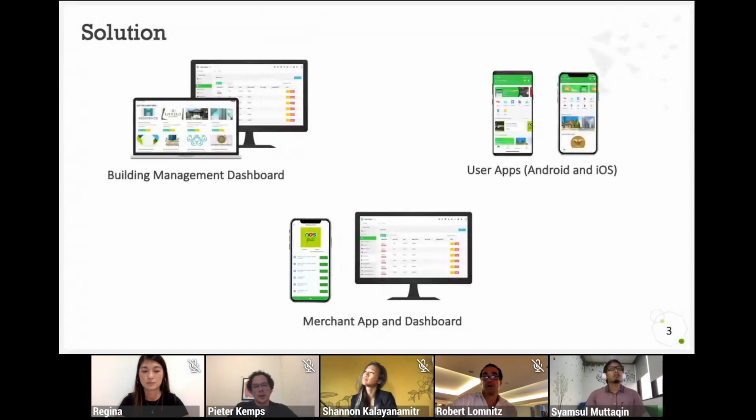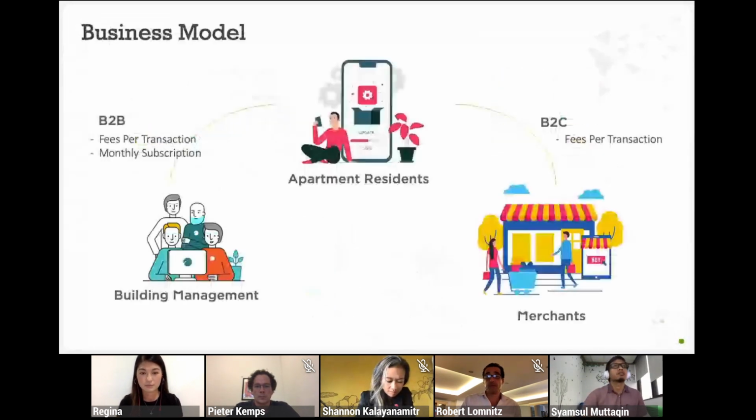And we also engage merchants surrounding the apartment area, so we provide them with an application where they can manage their products and their orders from the residents of the apartment. So the residents can order food, shopping, or laundry and so on directly from our application.